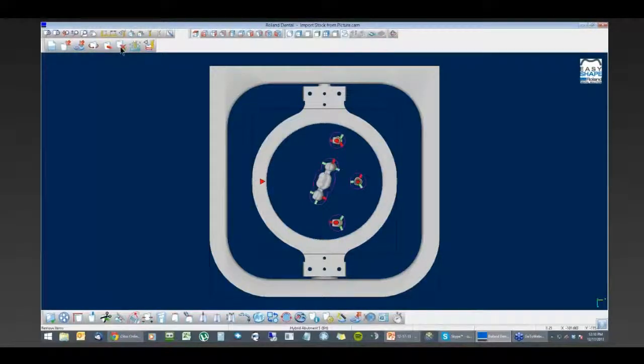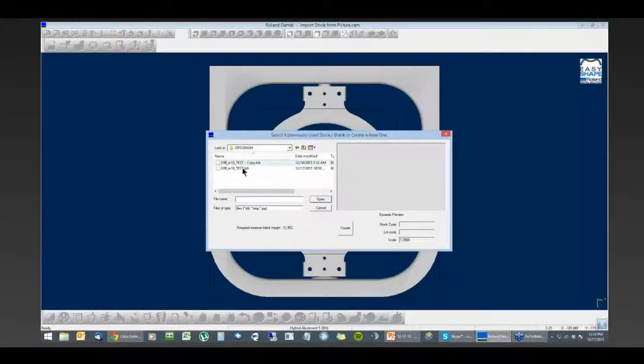Well, this particular stock, let's say that I have a stock that I've milled out of before, and I have a picture of it. You can take a picture with your smartphone or point and shoot camera. The resolution really doesn't matter. You probably don't want to go as far as to get too high of a resolution with a DSLR. Larger photos may take longer to load, so it really is not necessary. But what we can go ahead and do is click on select or create stock in blank, just like we would as normal. We can see here it defaults to our stock used folder,